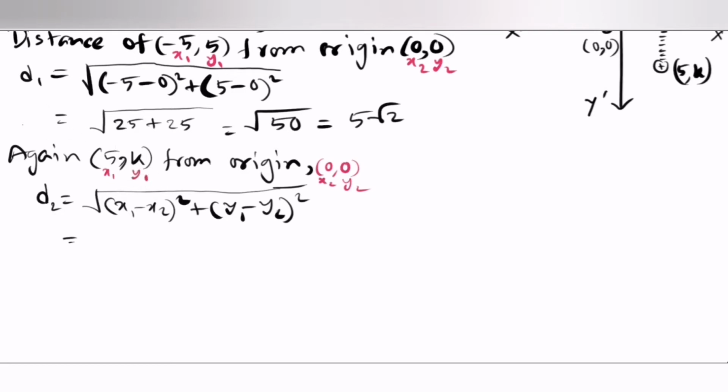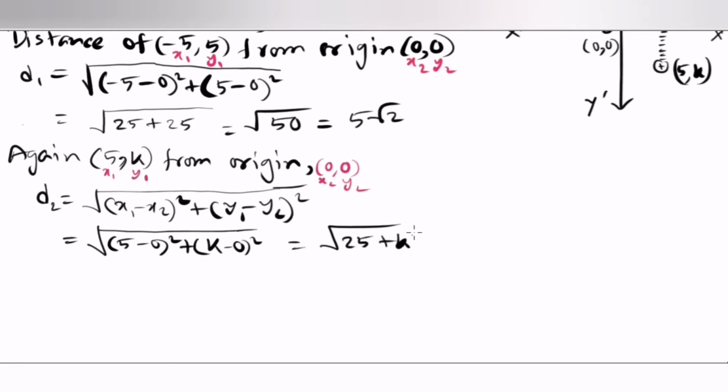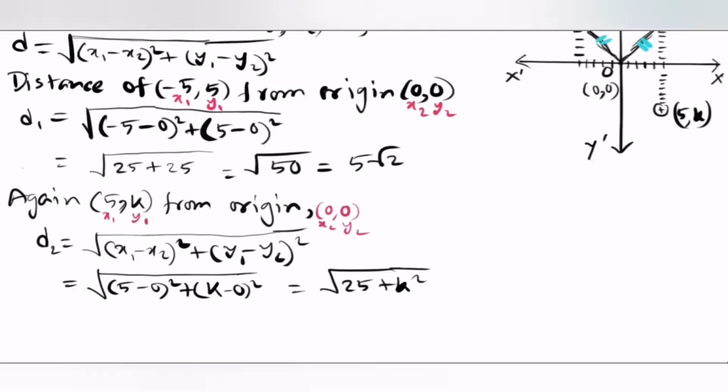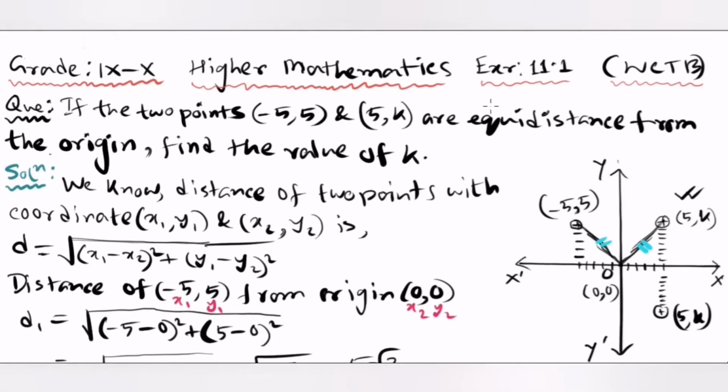So now placing the values, what are we going to get? (5 minus 0) whole square plus (k minus 0) whole square. If we solve, what we are going to get? 5 minus 0 is 5, so 5 square is 25 plus k square. But in the question they gave one condition,